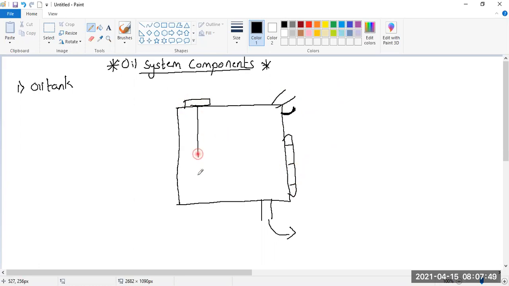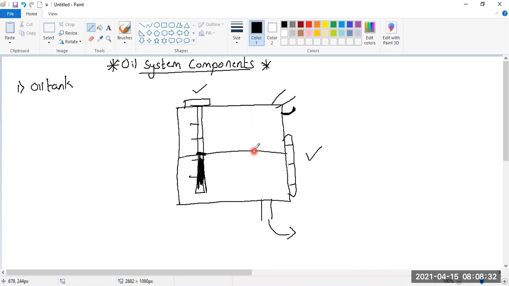So this is a dipstick. The dipstick is a simple device which is always inserted inside this. Suppose there is oil till this level, the oil will mark over here. That means this part will become wet, this part will remain dry. You will have to remove this dipstick out and see what is the amount of the oil filled. On this dipstick, there are various markings given: fill this quantity, fill this quantity. Whenever it says that the oil tank is full, you will have to stop. So either you have a sight glass or you have a dipstick. In most cases we have a sight glass. Dipstick is rarely used nowadays.